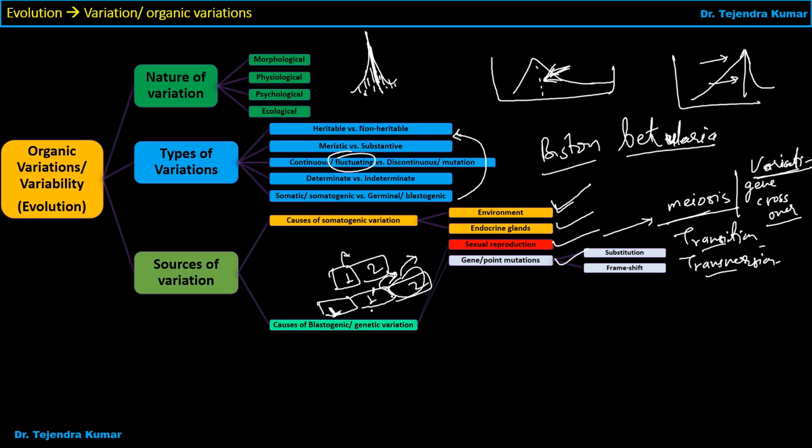So this is called insertion. And suppose this was there initially and now this is forming, so it means it is deleted. So deletion can be seen, and insertion or duplication can be seen. Likewise, one was duplicated, but now it is deleting. So frame shift can be seen, and it can be large or short term. These are the types of mutations seen in gene mutation or point mutation.